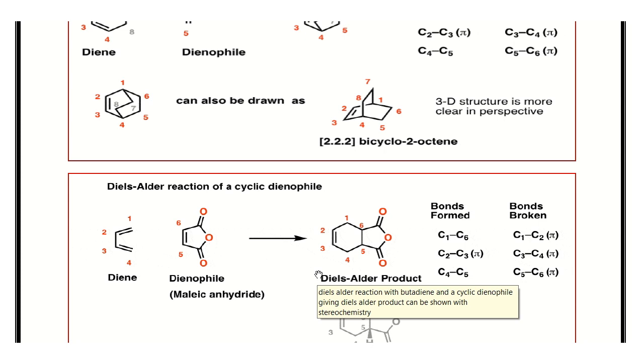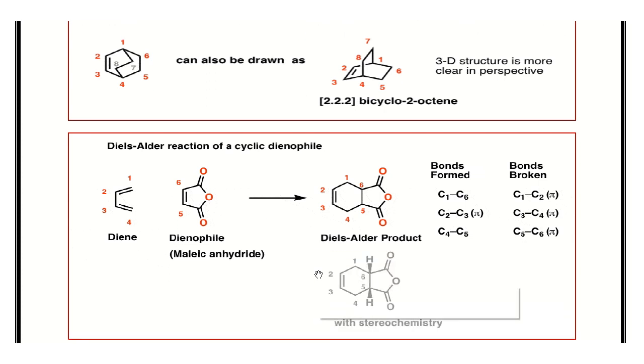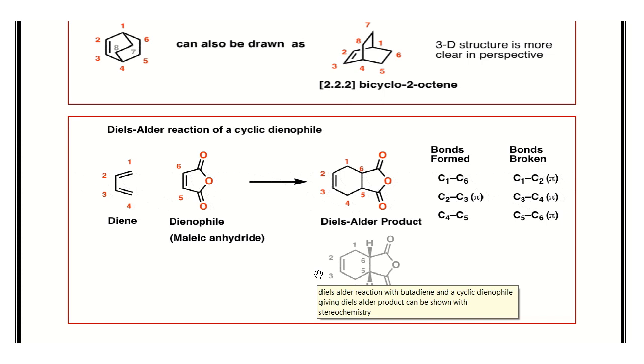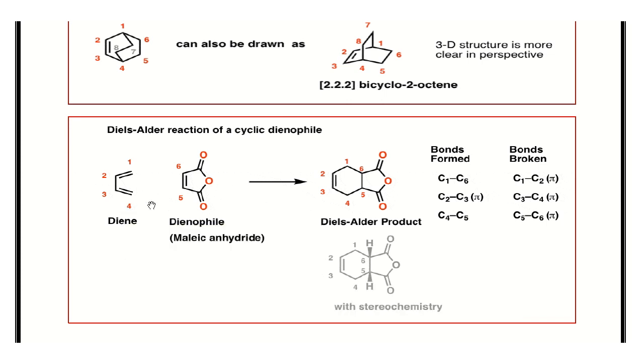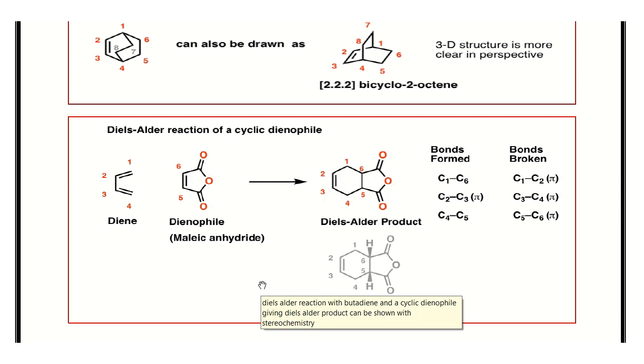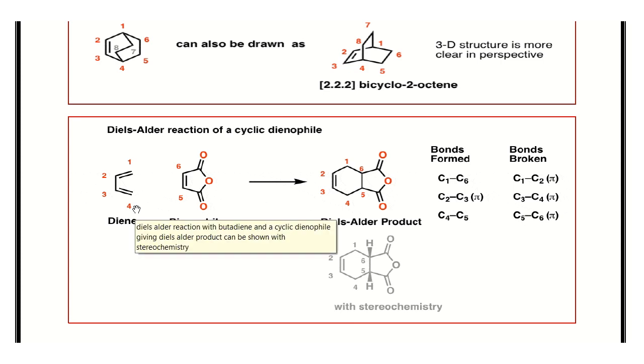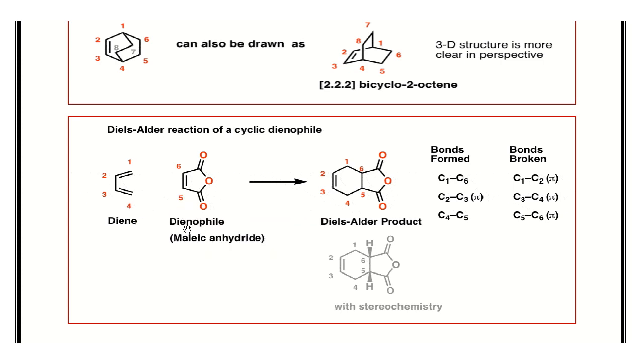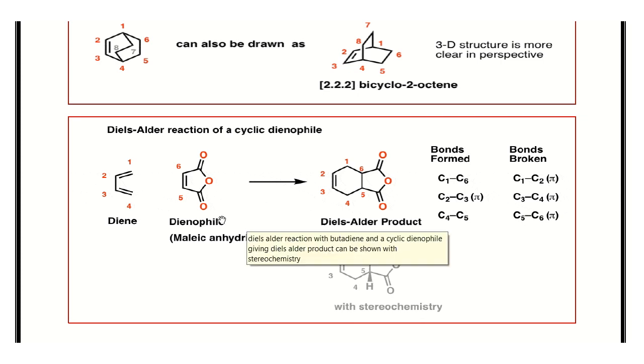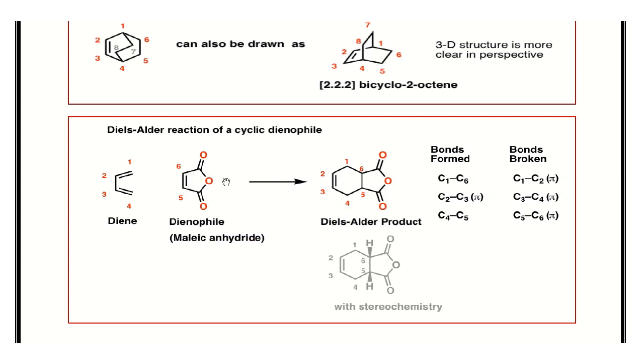So now let's discuss another example. What will be the product if our dienophile, which is going to react with the diene, is cyclic? This is quite easier than the case where the diene is cyclic. Clear? So let's consider this is the diene molecule, 1,3-butadiene. This is acyclic, but in this case the dienophile is a cyclic compound, maleic anhydride. When it undergoes the Diels-Alder reaction, it will take the same position in the